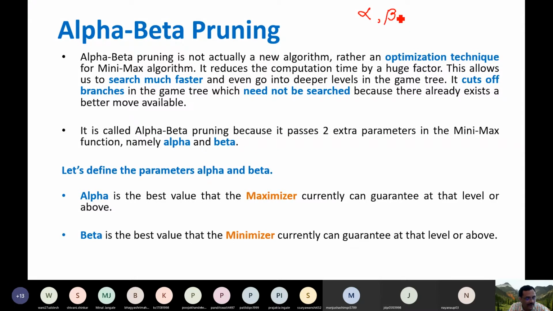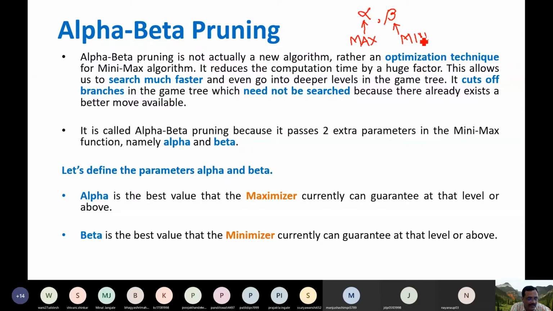Alpha, in other words, is the minimal score that max is guaranteed to attain. So alpha is modified by max. Remember, in alpha beta cutoff, alpha is modified by the max player and beta is modified by the min player, that means the opponent.